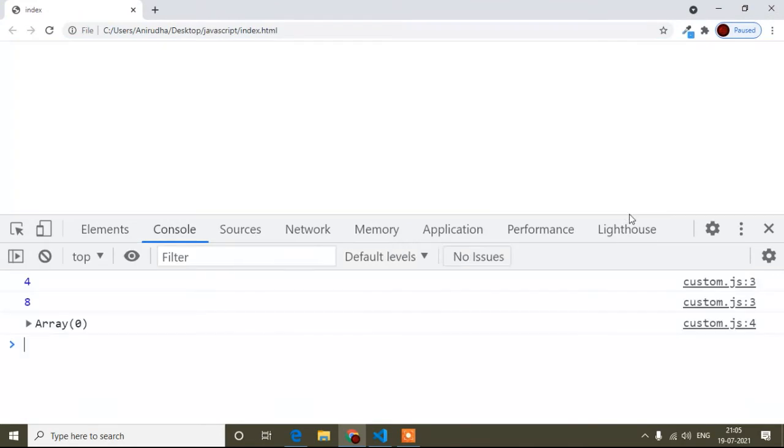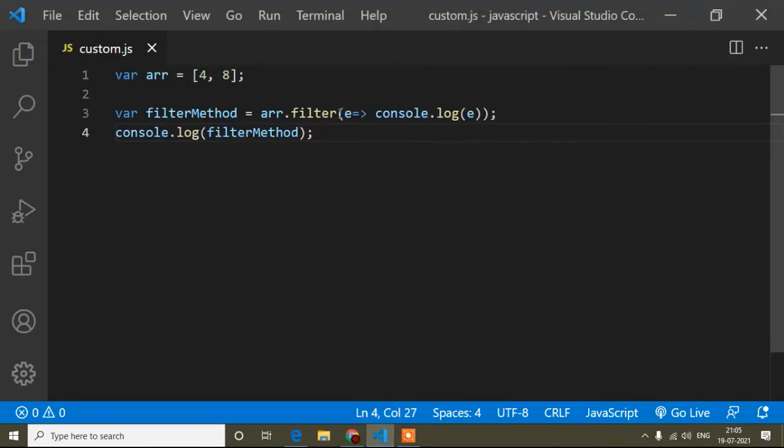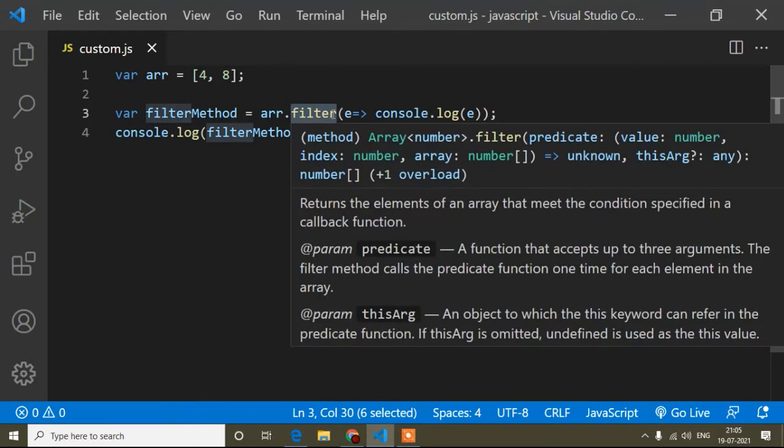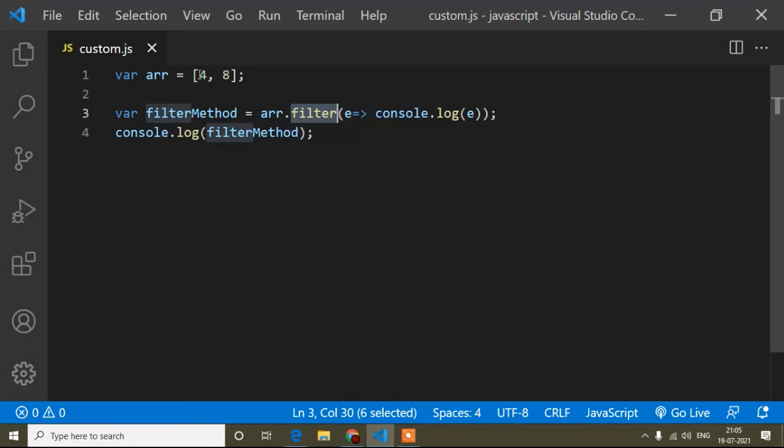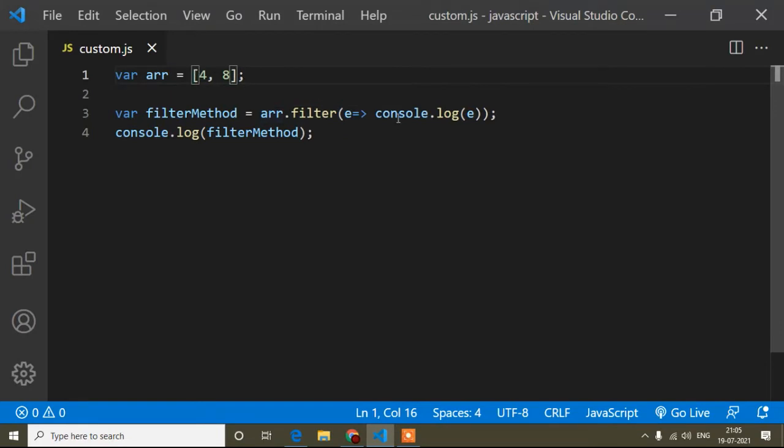Here you can see 4 and 8 are written, because e is denoting each element, and the filter method is a loop. First e is 4, and after that, since it's a loop, it goes one by one, so then 8. If you write any other element here, that will be printed too, because e denotes all the elements, right?